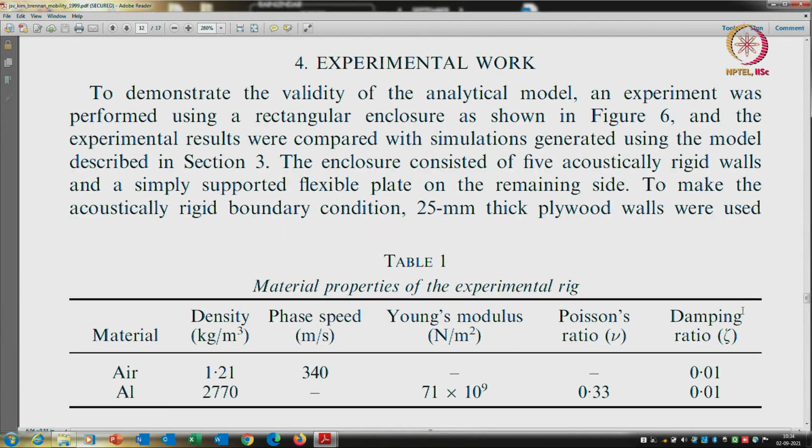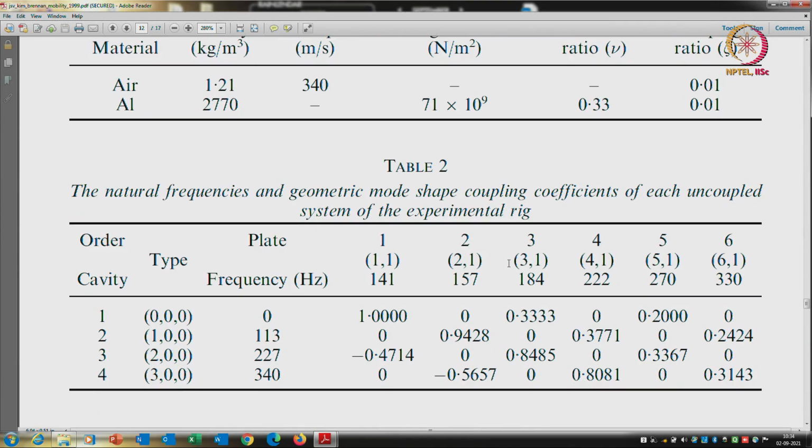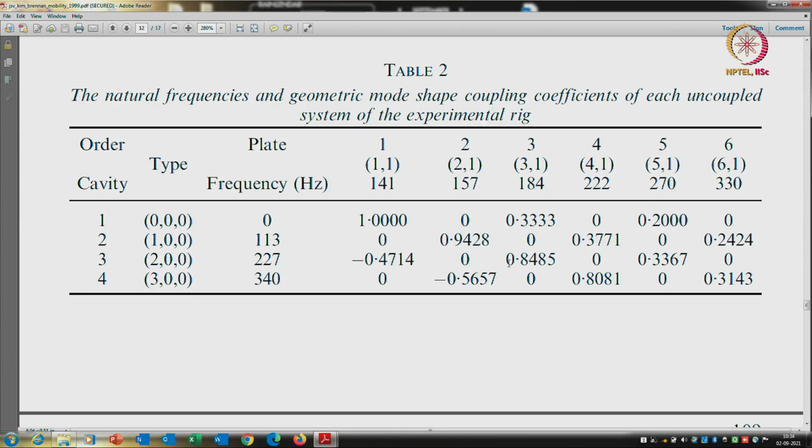So this describes the experimental setup, and the parameter values: air density, phase speed, and the vibrating panel is aluminum. The rest of the box is wooden, but the vibrating part is aluminum, and these are the values taken for the aluminum portion. And these of course are the uncoupled resonances, and the CNM values are very important. Okay,